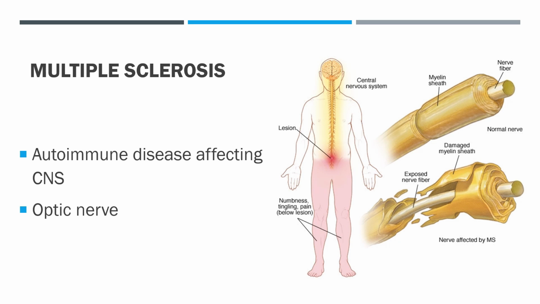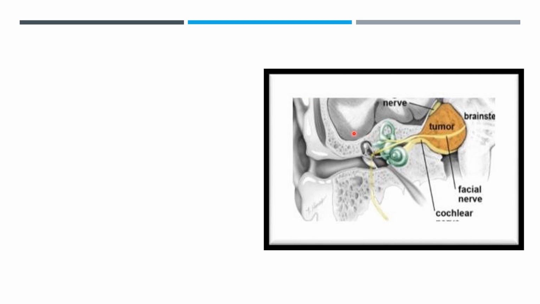There are many other tracts of the central nervous system which are also affected by multiple sclerosis. We will be learning this in detail later when we learn neuroanatomy. The symptoms depend upon the tracts or the nerves that are involved. So there can be motor paralysis, loss of coordination or sensation. Even the nerves that control bowel and bladder movement can be involved.